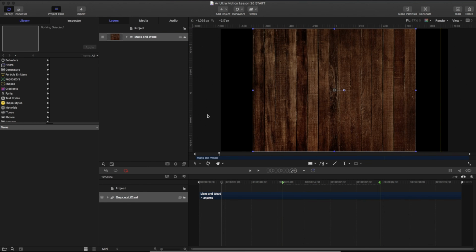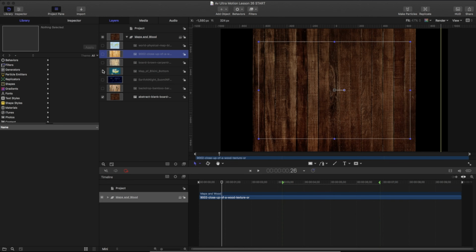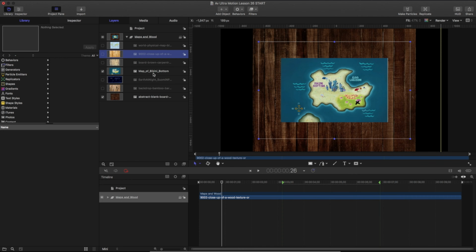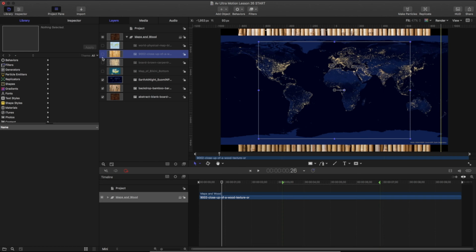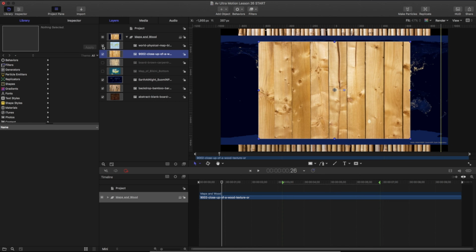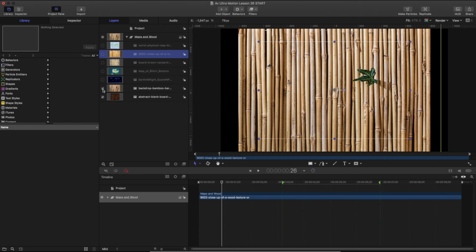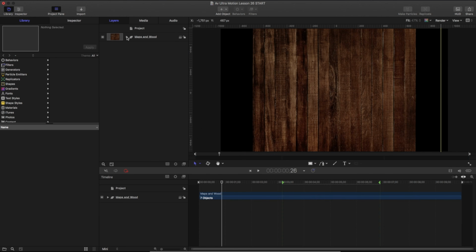I'm in my lesson 26 start, and in this lesson, all we have right now is a series of some different media that I've included with this lesson. All of these are Creative Commons, except maybe this map of Bikini Bottom, which I will not be including, but otherwise the rest of these are public domain images that I got from pexels.com and Wikipedia. I'm going to go ahead and close this map and wood for right now,